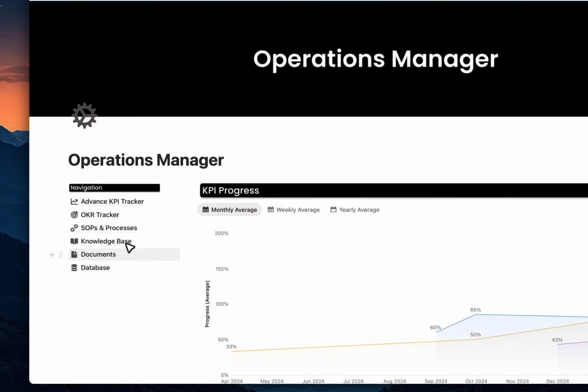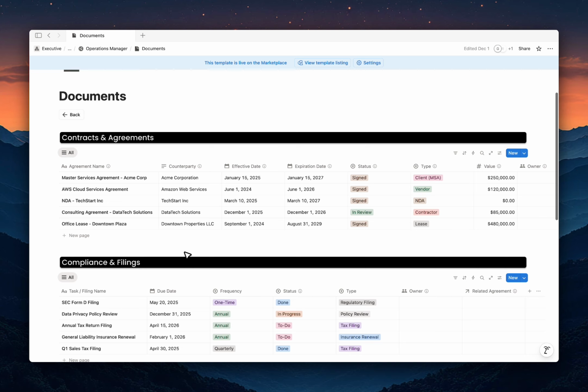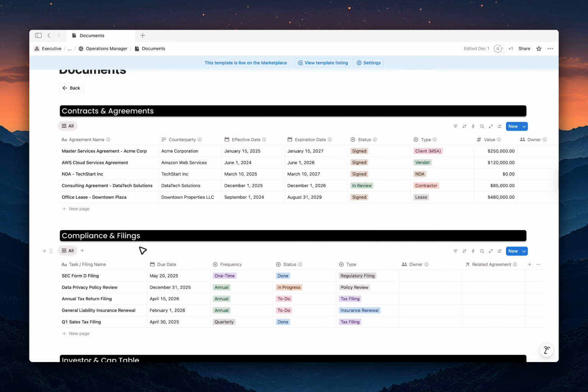Now, we'll move on to the Documents page. This is your hub for managing all critical businesses and legal documents. This page organizes your documents into 5 essential categories, as you can see here. Contracts and agreements. This stores all your vendor contracts, client agreements, partnership deals, and any legal contracts that your business relies on. Likewise, the compliance and filings, which tracks regulatory filings, compliance documents, licenses, permits, and any paperwork required to